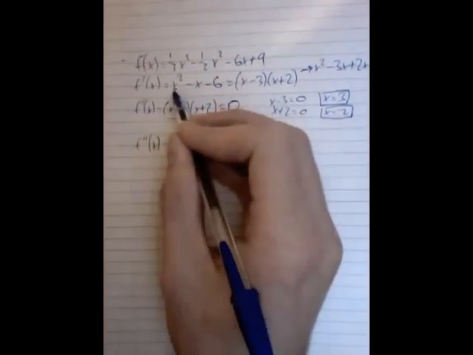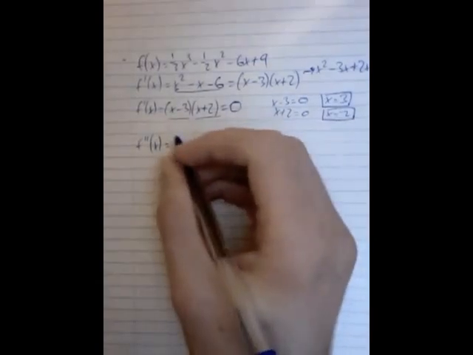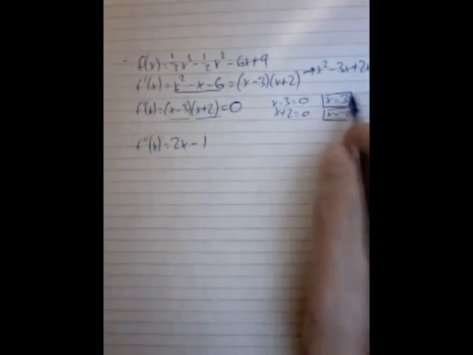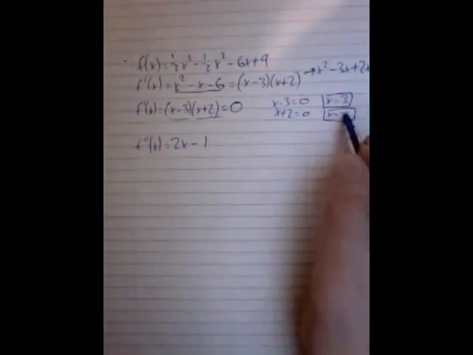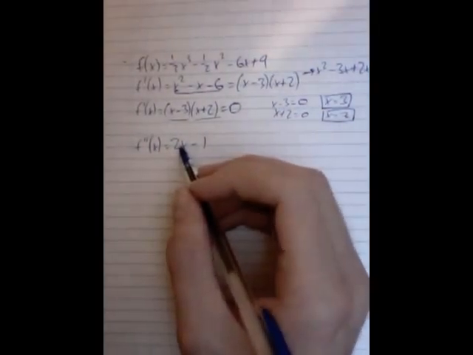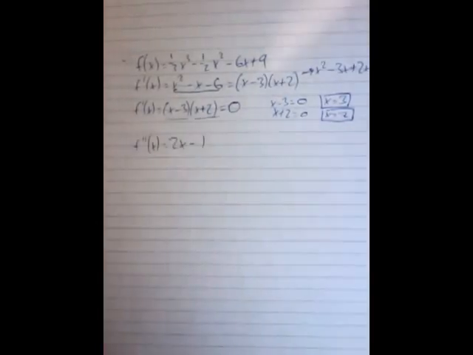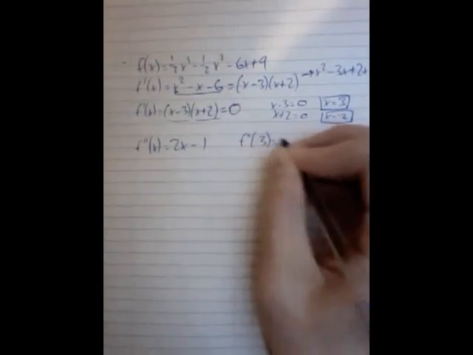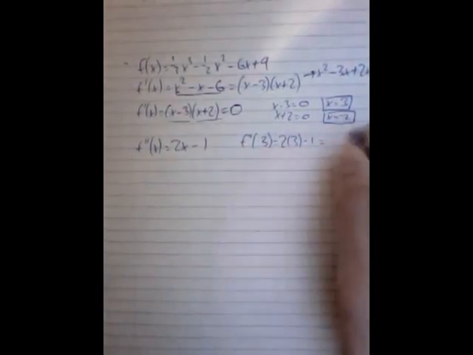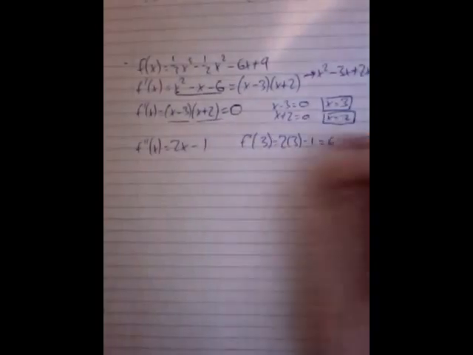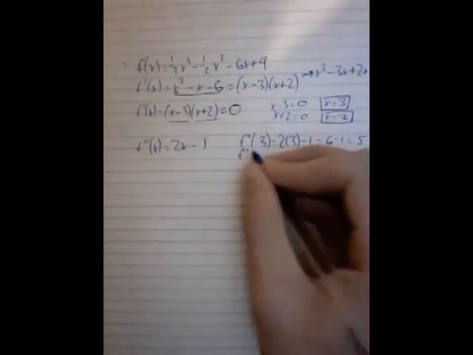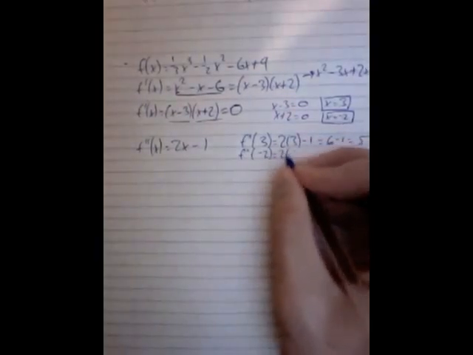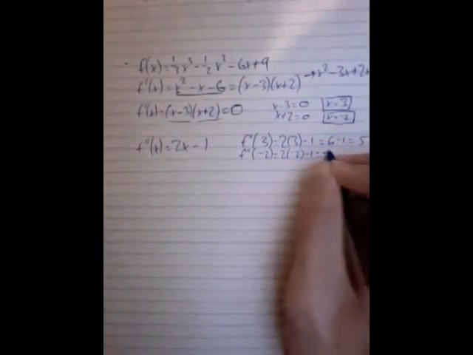So we go back up to this function, and you'll get 2x minus 1. Alright, so now what we do is plug in each of these x values into f double prime of x to determine the concavity. So f double prime of 3 will be 2 times 3 minus 1, which is 6 minus 1, which is 5. And then f double prime of negative 2 will be 2 times negative 2 minus 1, it's negative 4 minus 1,